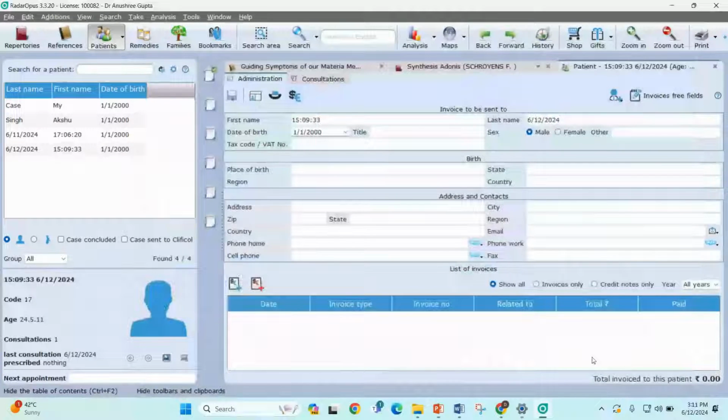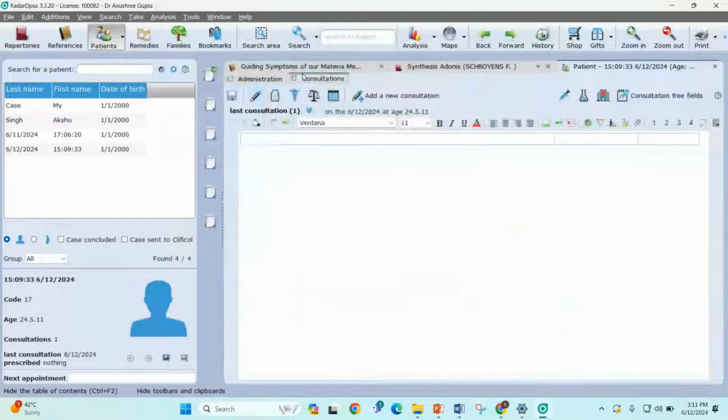Now next to this administration panel is this consultation panel. So with this consultation panel, you can make the entire detailed consultation of your patient. So you can start typing with the help of the letters on your keyboard, and you can mention all the patient's symptom here one by one.